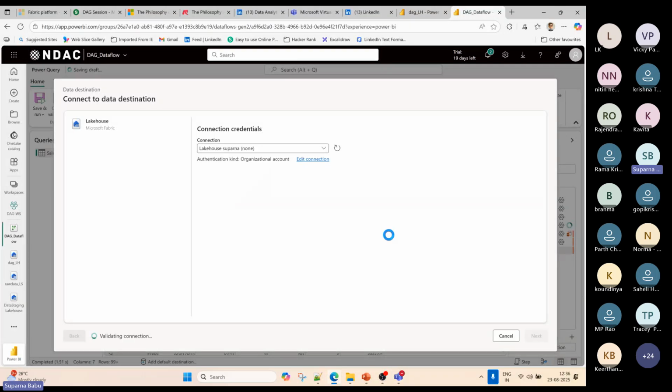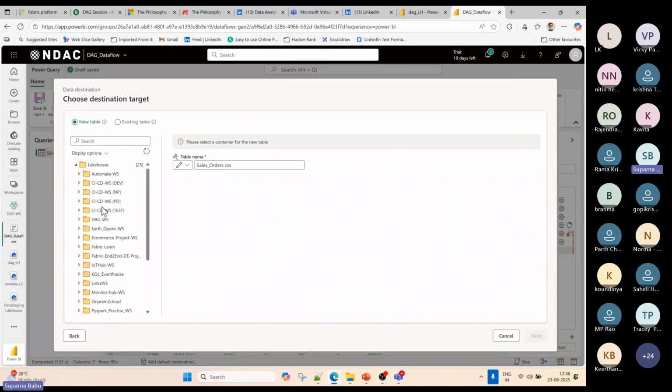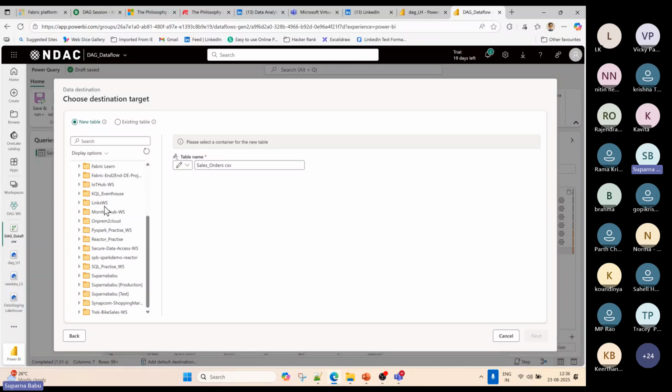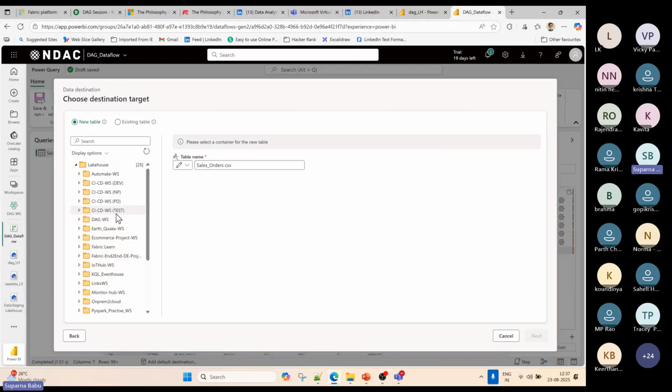Now you will see the lakehouses present in my tenant. Because I'm practicing, I created a lot of lakehouses. Our workspace is DAG workspace, so let me select the DAG workspace, and in this, select DAG Lakehouse.